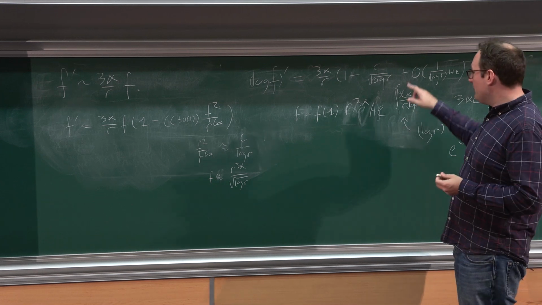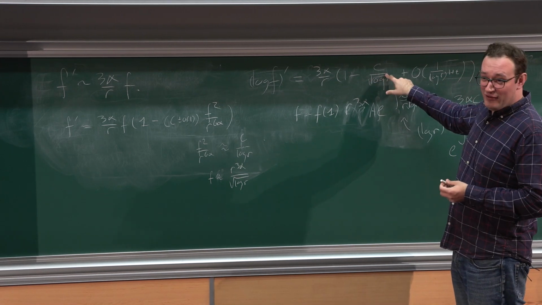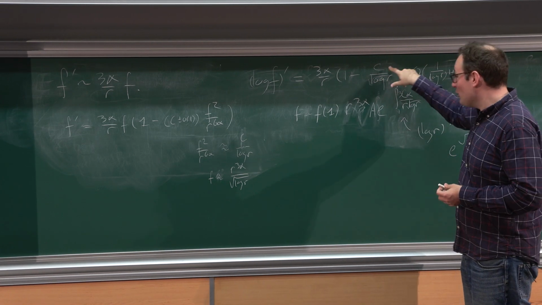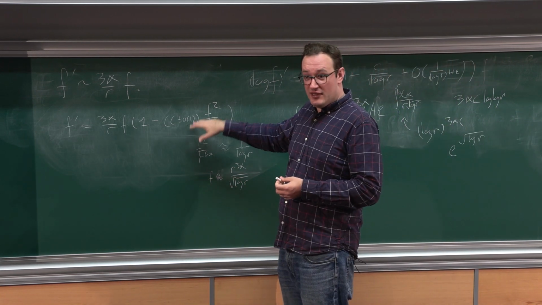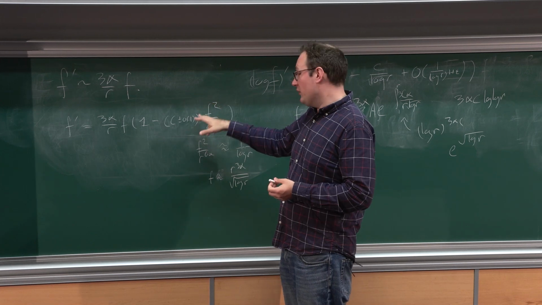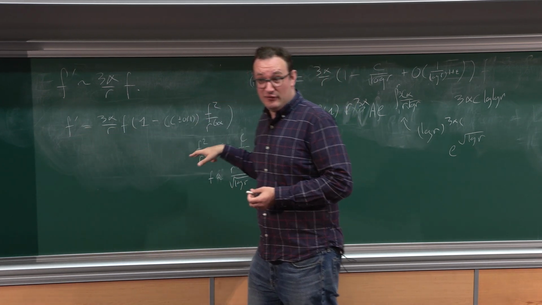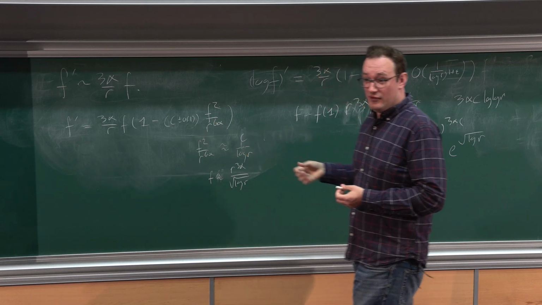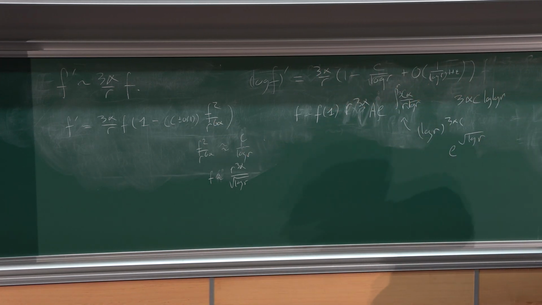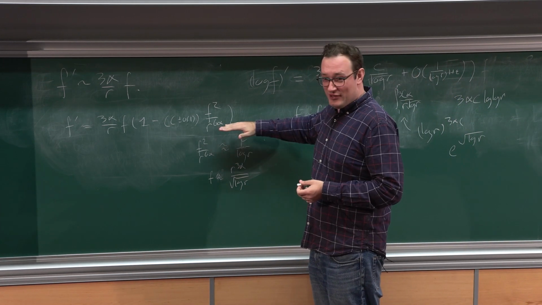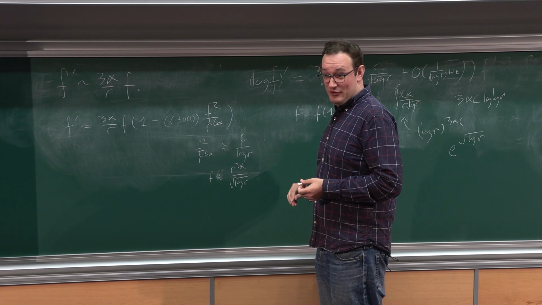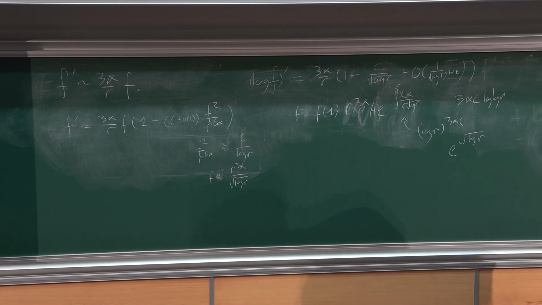So what happens here, it's not the power of the log in the error that gives you the power of the log in the solution, it's the coefficient of the 1 over log. Which is quite different to what happens here, where you have this more self-referential form where the error is expressed in terms of the function itself. And then it is the power that's governing the power of the log. Okay. But again, this is a nice calculus exercise. This asymptotic form of the ODE forces this asymptotic form of the solution. Okay. Good.